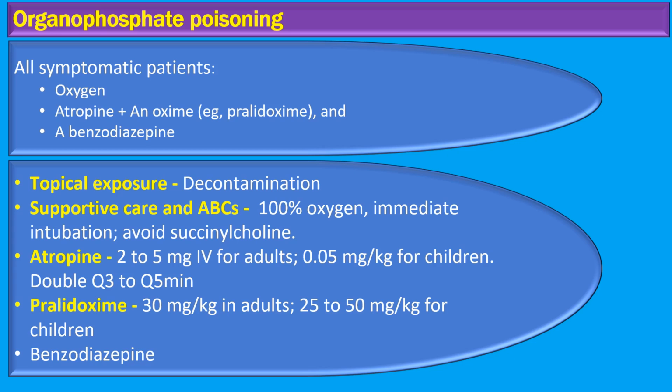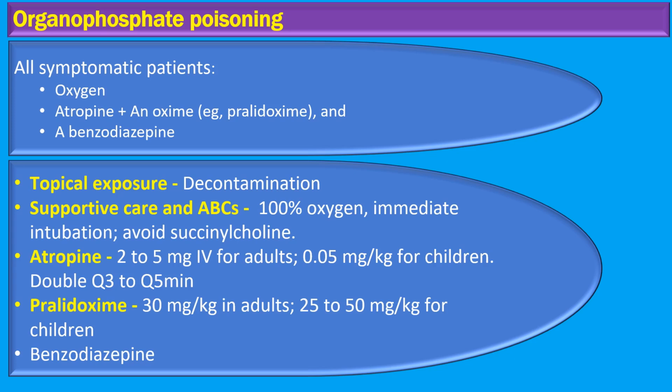Atropine serves to block the receptors that have been overstimulated by the poison, while pralidoxime works to reactivate the enzyme acetylcholinesterase. Managing these patients can be a complex task that requires persistence and precision. If the poison has been absorbed through the skin, we must act swiftly to decontaminate the area. This involves the thorough removal of the patient's clothing and rigorous cleansing of the skin to prevent further absorption.